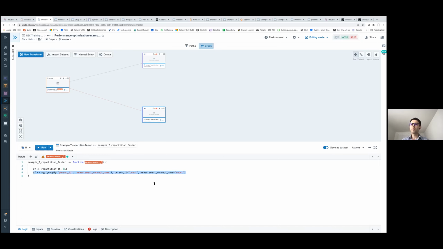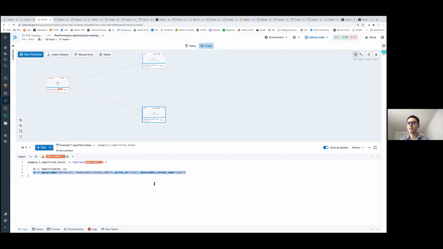So repartitioning and changing partitions is a bit of an art, and there is a trade-off. When you have too many partitions, that generally hurts the query time, so querying data. But when you have too few partitions and your data set starts being large, you may start running into memory issues.